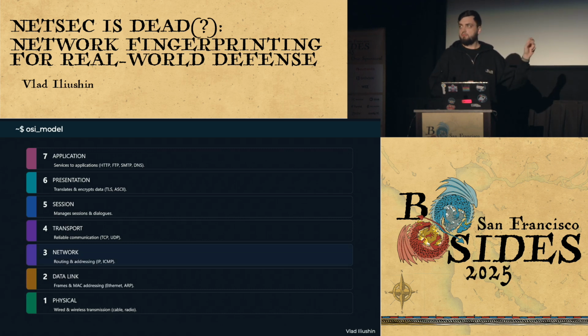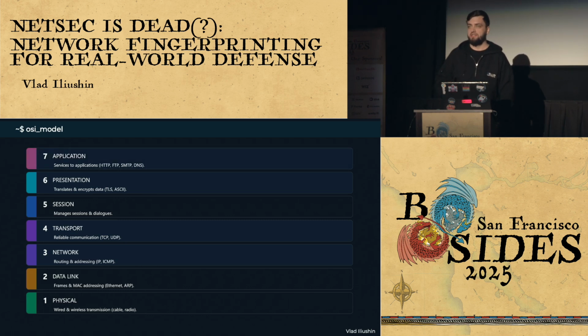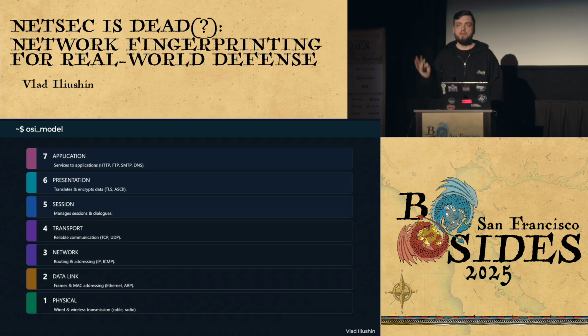In this talk, we will cover TCP and IP, which is layer 3 and 4, and also we will go way up into the presentation layer, which is responsible for encryption, and also a little bit sprinkles of application layer. Now, in many cases, people refer to L7 as actually L5, L6, and L7, which is fine because the application layer and everything that happens in the application is very interconnected.